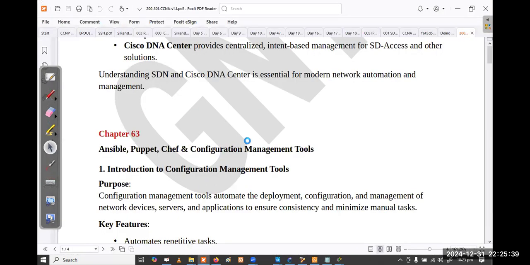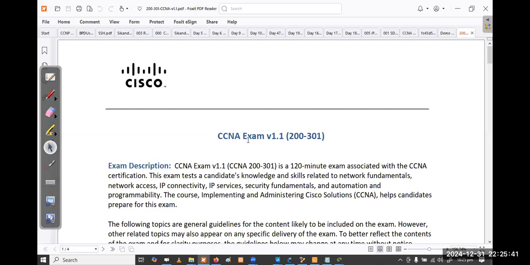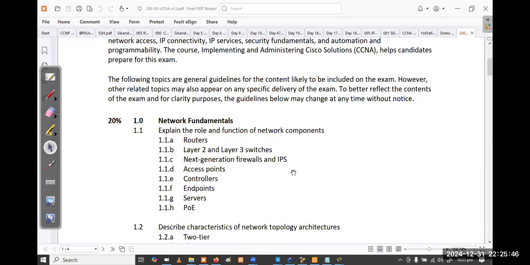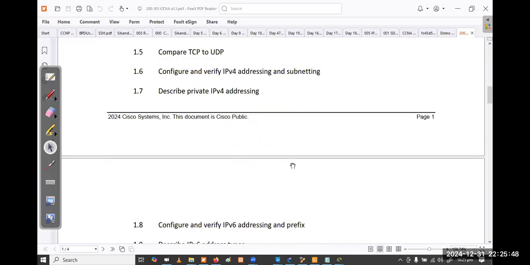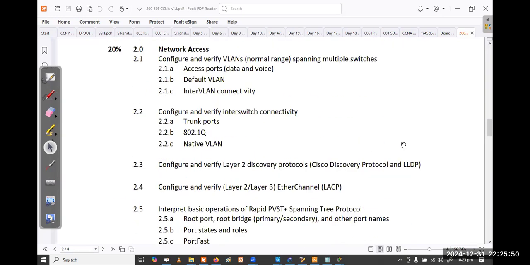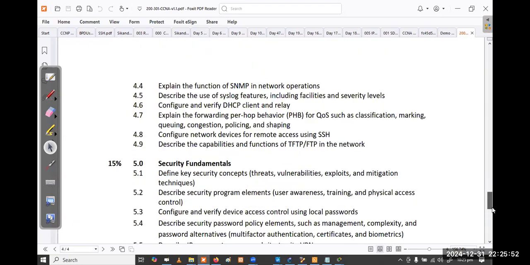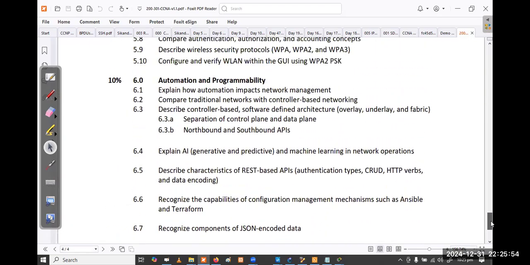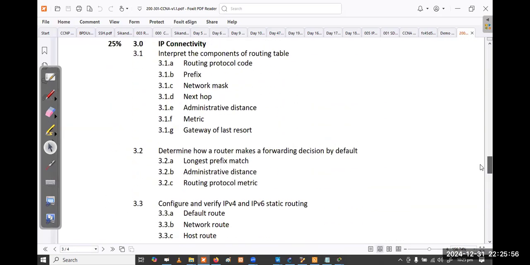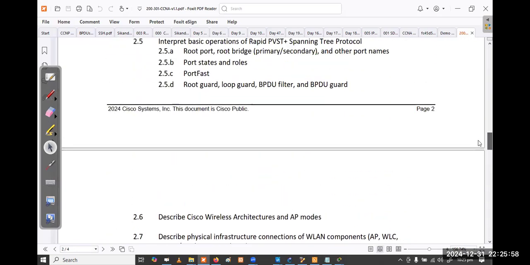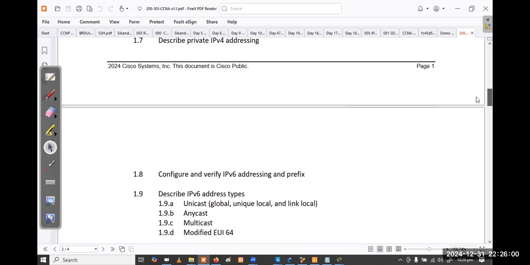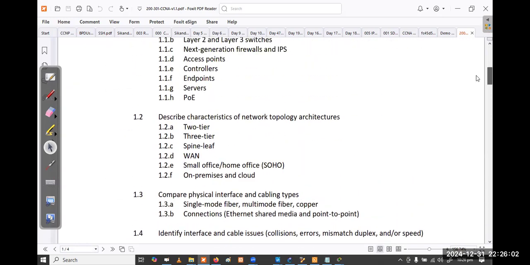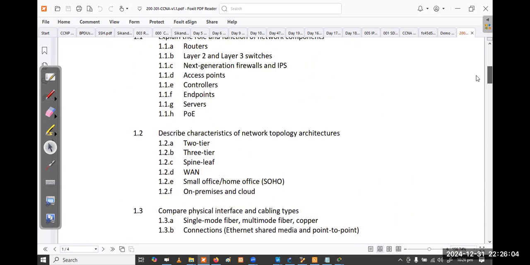And also you have to do some extra work to get familiarized with the questions. You have to buy dumps and prepare, and after that you can go for the exam. So you will be able to pass the exam. Sure. Okay, guys, this is the detailed syllabus. So actually everything will be discussed.